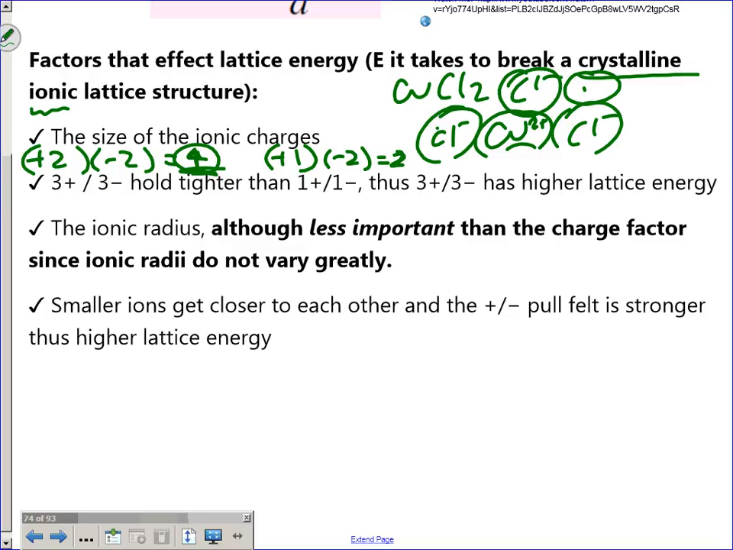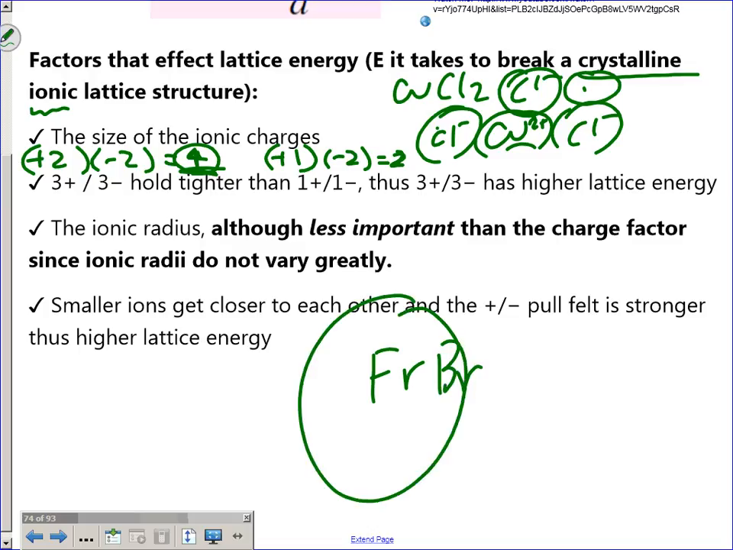Francium. Well, what kind of ionic compound? Give me an example of francium in an ionic compound. Francium bromide. Okay, so francium bromide. So then you have francium, and how big is bromine? Medium-ish. Okay, so francium